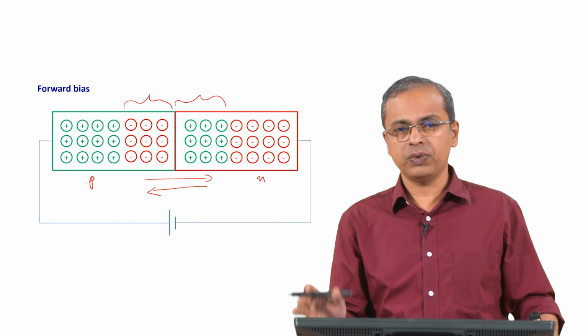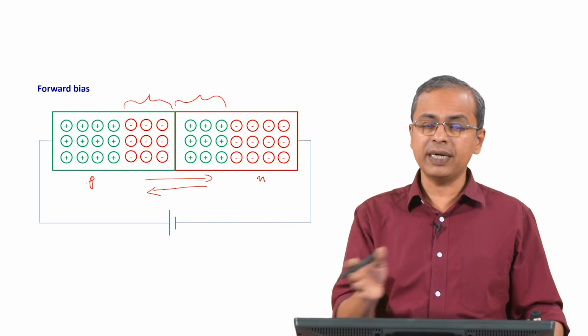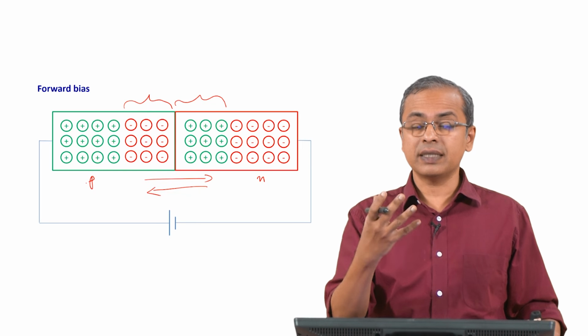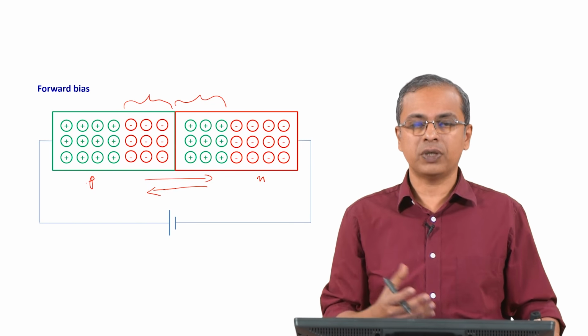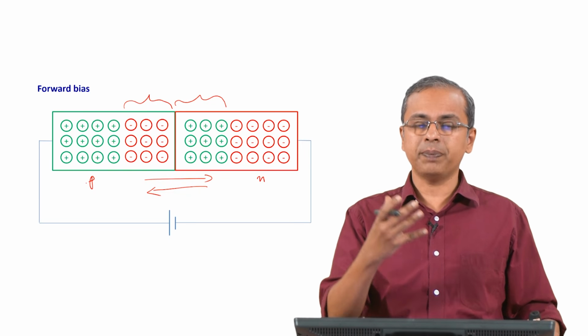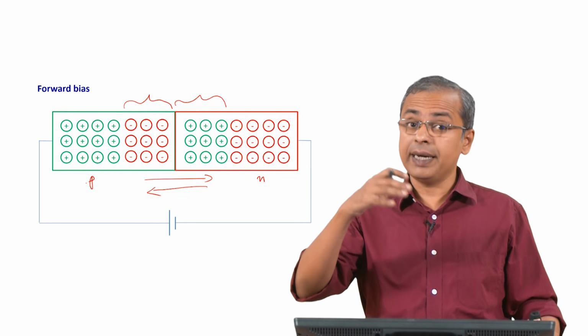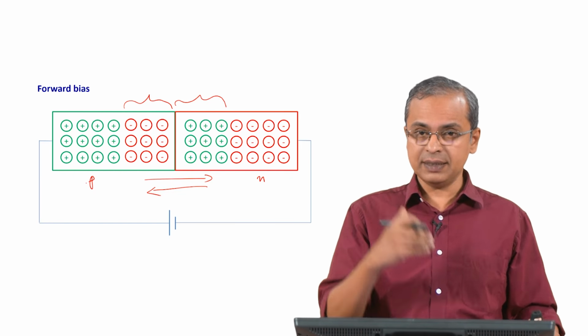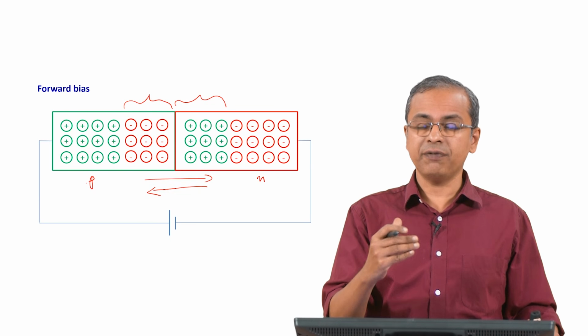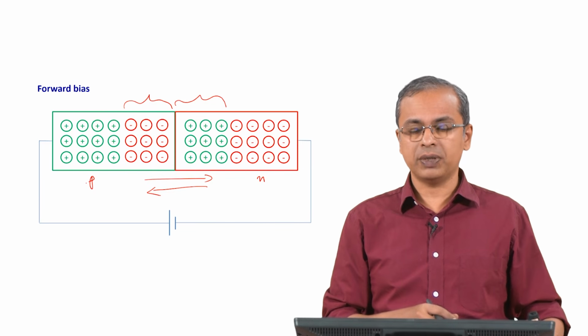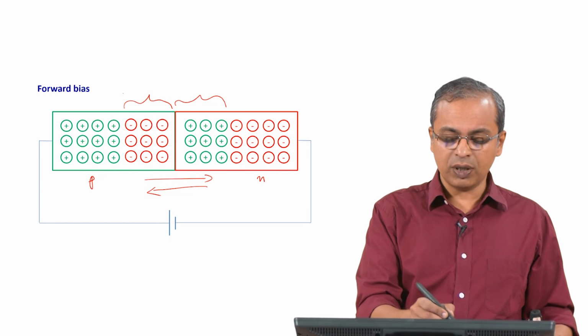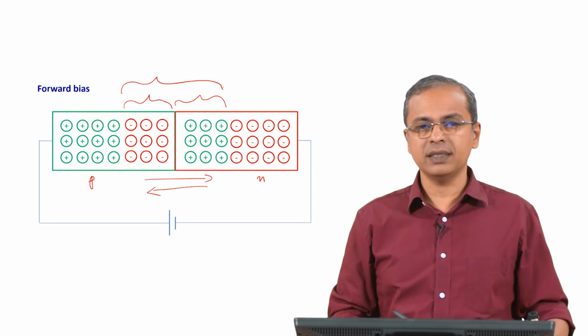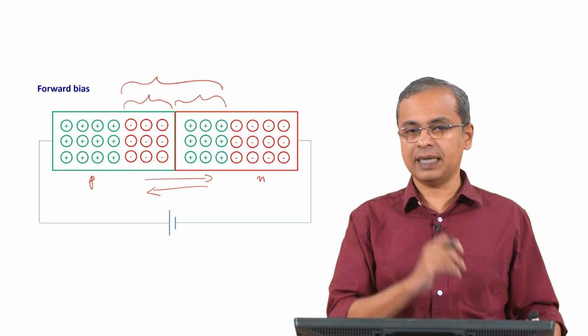The holes which are moving to the n side are seeing a different background condition, so they cannot indefinitely move, they are charged. So the region they move into is no longer charge neutral. They are building up a charge in that area. It is no longer charge neutral. It was charge neutral to begin with, but since they are arriving at that region with a different charge, they are actually changing the charge neutrality of the region, and that is why this is actually called a space charge region. This entire region is called a space charge region because it is building up a charge there,